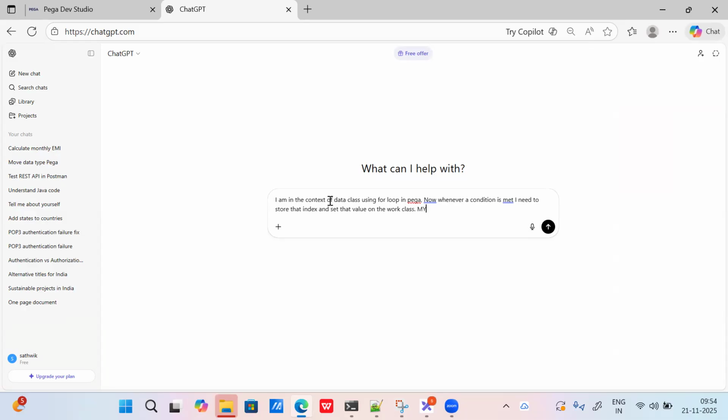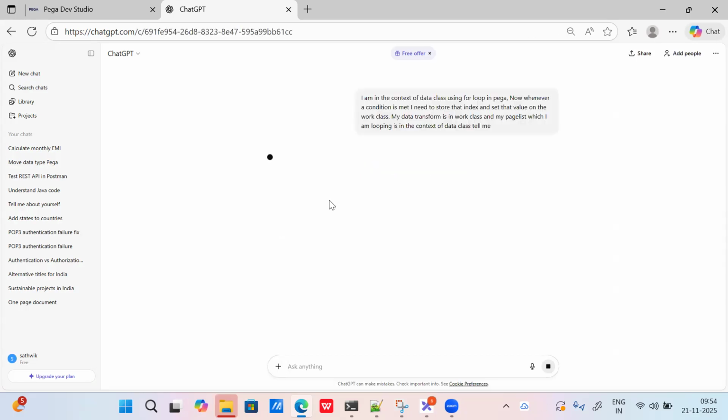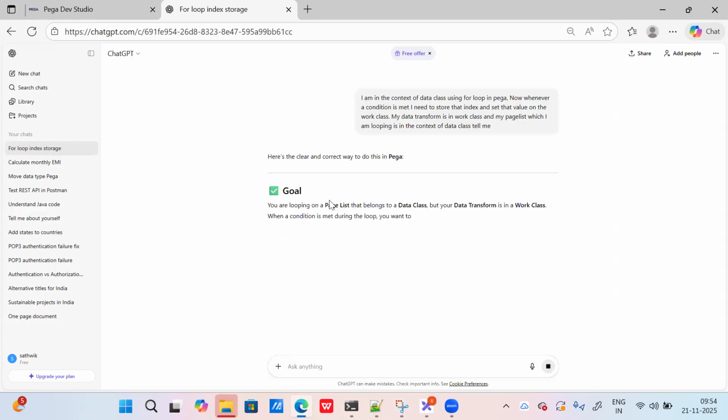My data transform, I'm just prompting, everything is in work class, and my page list which I am looping is in the context of data class. I'm just asking ChatGPT, will it help me get the response?